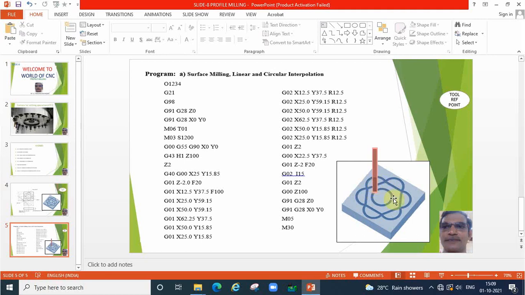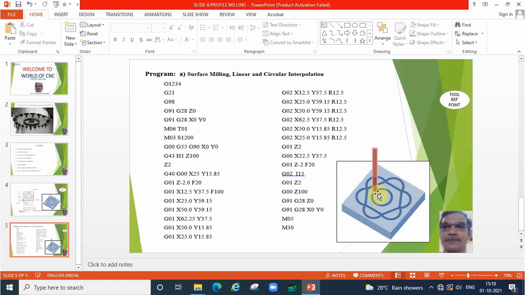Now at a stretch we can rotate the cutter, we will get one circle. Instead of that, we can move the cutter to this point, one semicircle we will get. Once again we have to move the cutter to this starting point. So two lines we have to write. Instead of that, we can use the IJK method, IJK, X, Y, Z respectively.